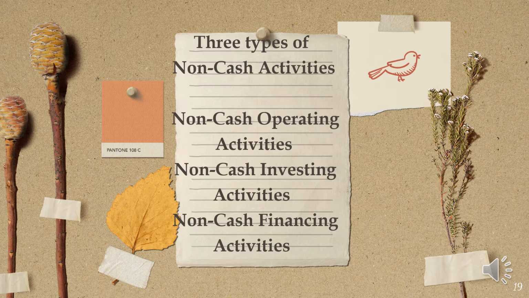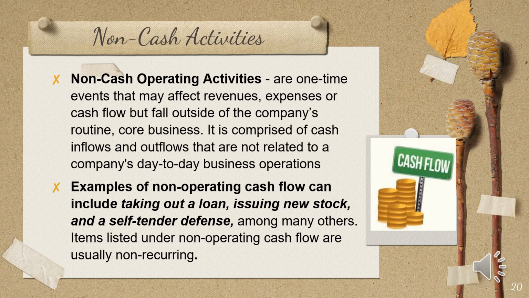There are three types of non-cash activities: non-cash operating activities, non-cash investing activities, and non-cash financing activities. Non-cash operating activities are one-time events that may affect revenues, expenses, or cash flow but fall outside of a company's routine core business. It is comprised of cash inflows and outflows that are not related to a company's day-to-day business